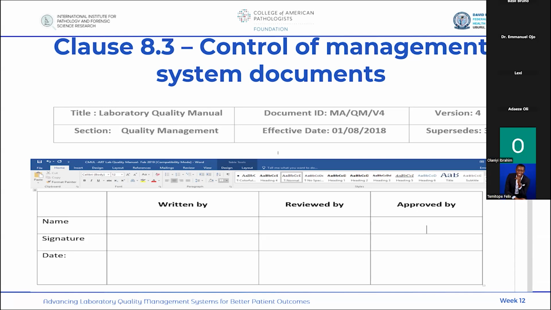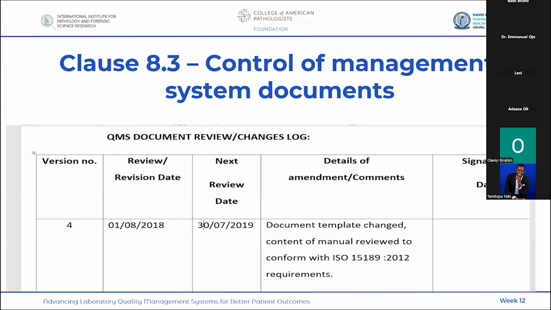And then you put the version. What version of the document is this? The effective date, and that it supersedes this. So you have this. The SOP is prepared by, reviewed by, and approved by, including the signature and date of the authorized persons. Another part that talks about the review of the document or revision is this part that will talk about the version number, the review or revision date, the next date that this is due for review, and then the reason for